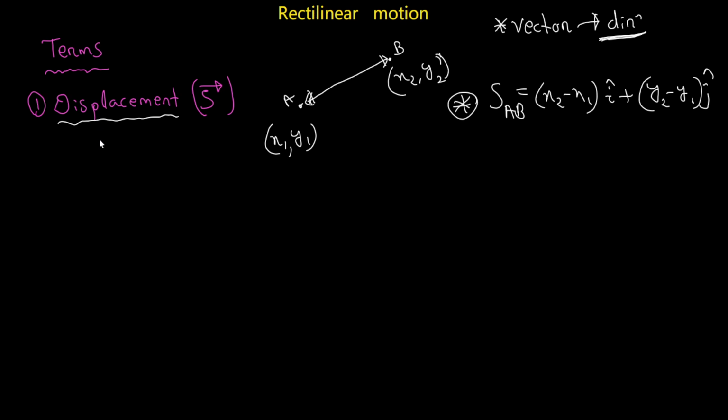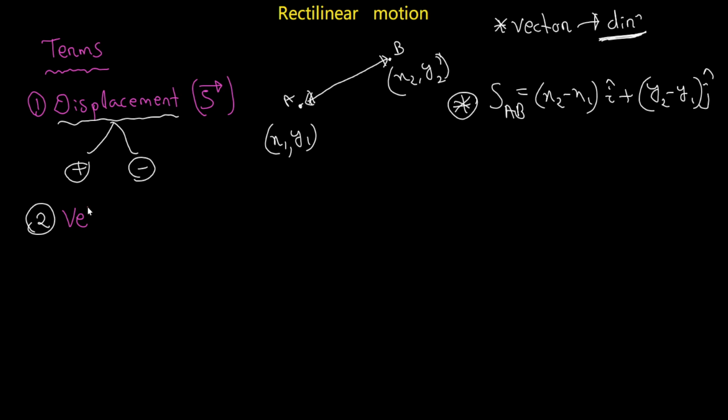The displacement can be positive or negative depending upon the direction in the case of rectilinear motion, because in rectilinear motion the object will be in a straight line, so there will be a forward direction and a backward direction. These two are parallel to each other. Okay, so we will do the next term, the second term, that's called